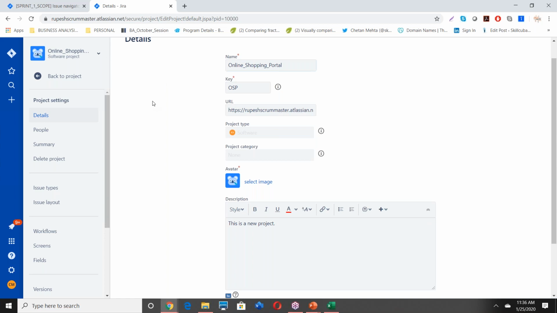But you can integrate Jira with all the other tools, which will help you orchestrate the entire deployment process. But out of the box, Jira will not do the deployment or release.